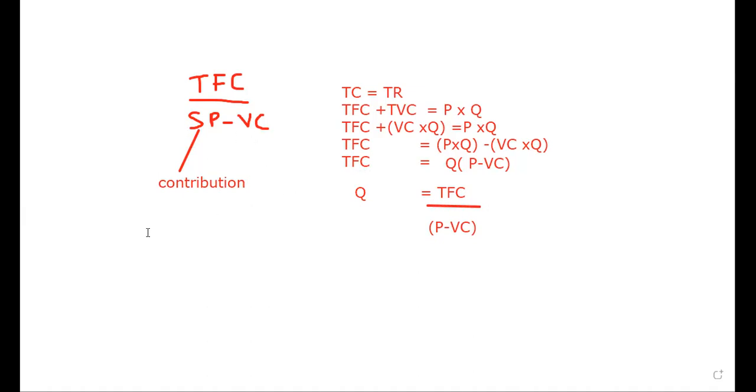So Q means the break-even quantity. Break-even quantity is where total cost equals total revenue, which is no profit or no loss, right? This is how mathematically we can prove this. We derive the break-even quantity by equalizing total cost and total revenue. We can show the break-even quantity by the formula method.